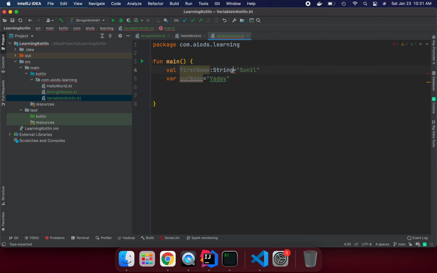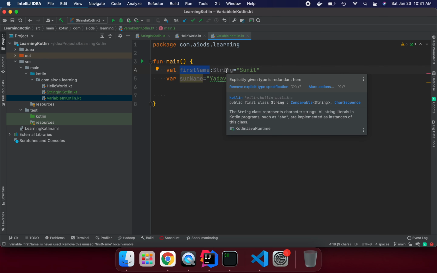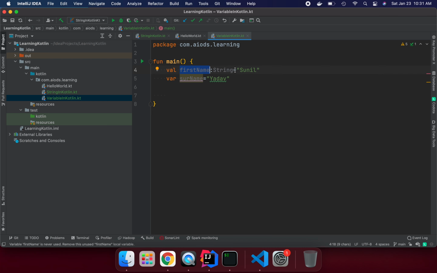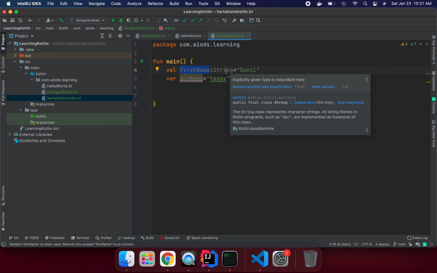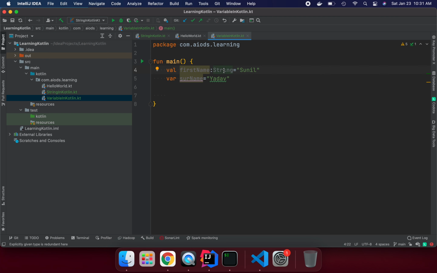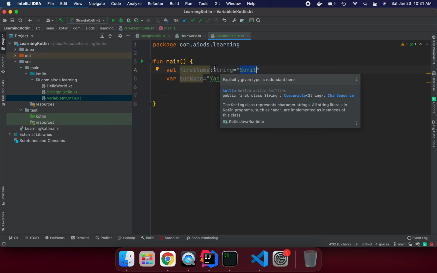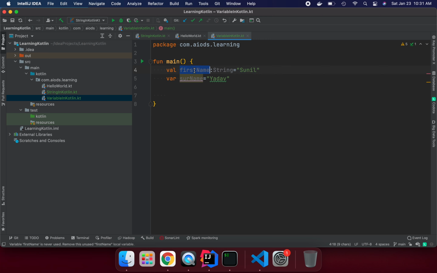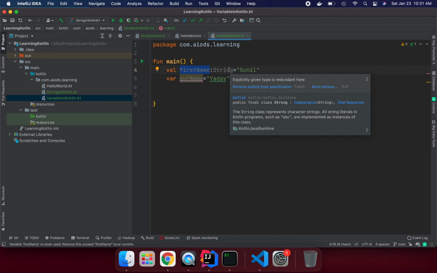What is the type of this value? The container I'm defining, first name, is going to store a string type. By default the compiler infers the data type. We have string, int, float, double, and so many data types, which I will cover later. But if we are not defining it in Kotlin, by default the compiler infers what data type this variable is going to store. So I'm saying string, and this is redundant code; you don't need to explicitly define it, because the compiler knows.